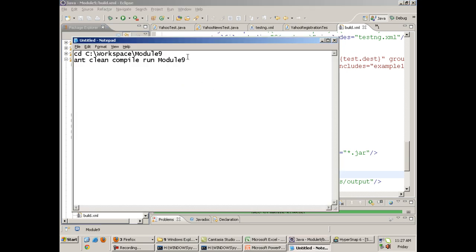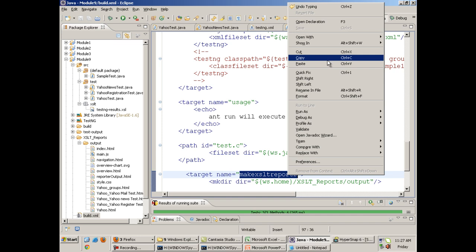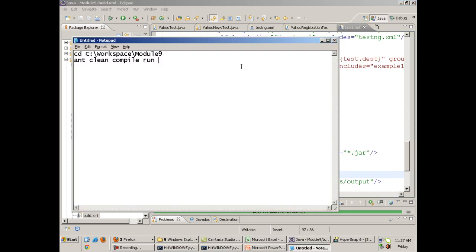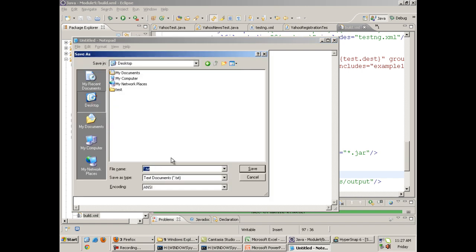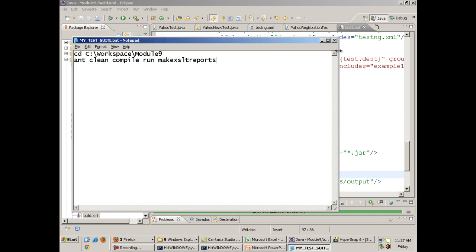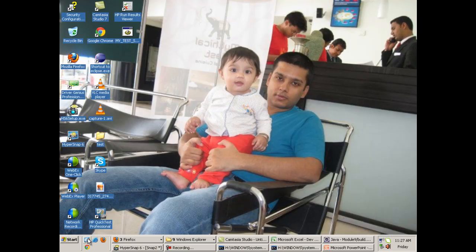I'll copy this, make XSLT reports, right? Now I will save this untitled notepad as in double quotes. In double quotes you write the name of your file as my test sheet.bat. .bat is the extension. You write it in double quotes, okay, and save this on desktop or save it anywhere. So this is the bat file, okay.